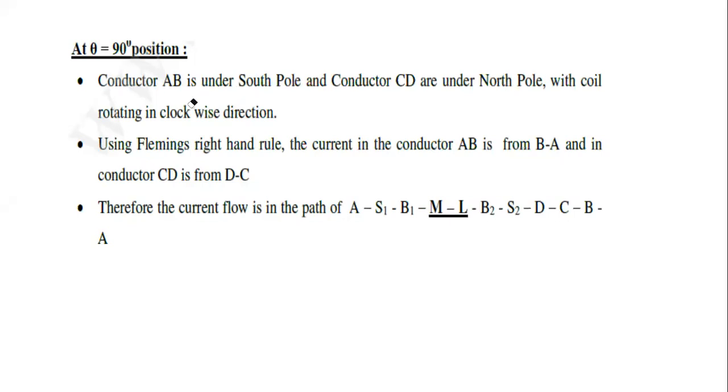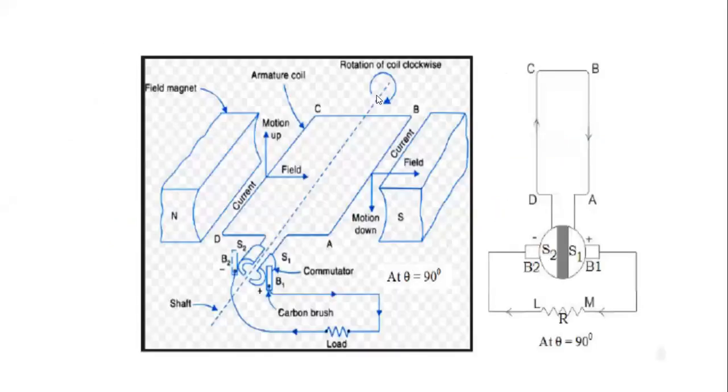Okay, both the split rings and the conductor are rotated. Therefore, at any position there is no change in the direction of the current or the voltage. Okay, therefore the output waveform will be obtained in the positive cycle only. Then the output of the EMF is obtained in the positive cycle.